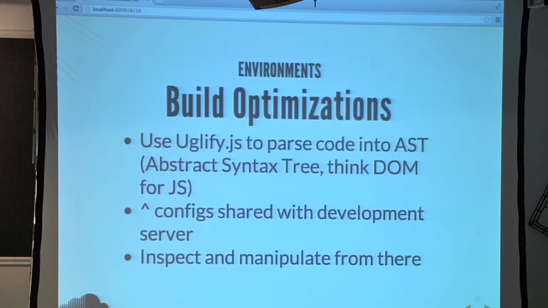The build optimizations. Now, as I said, you don't want your development environment and your production environment to be the same. They should be completely different. While you are developing, you want to have different calls to console logs, different calls to other things. You want to have forked logic. If I am in this environment, then do this. What we are doing is we are using Uglify.js to parse JavaScript files. So we are not using some kind of regexps to cut out